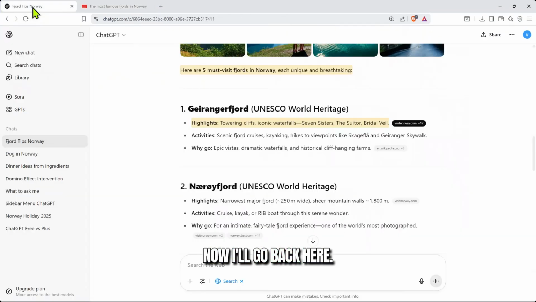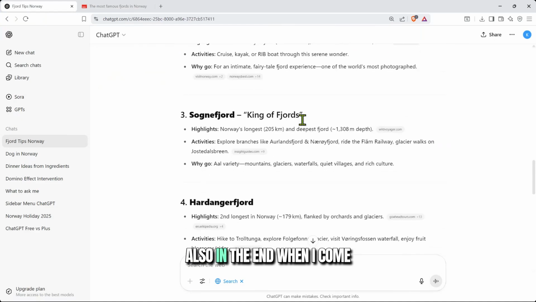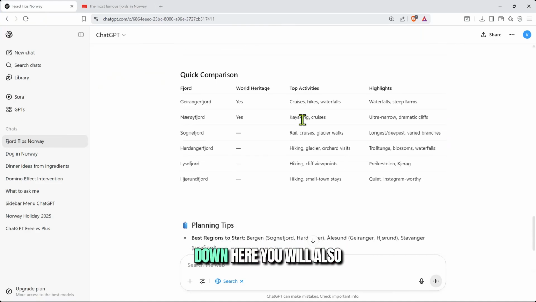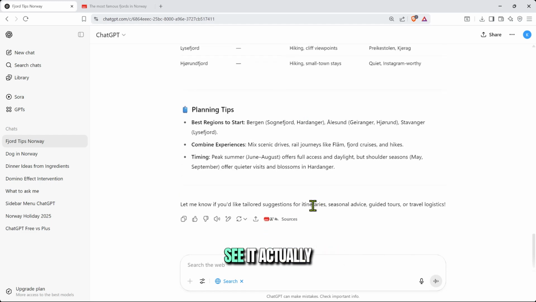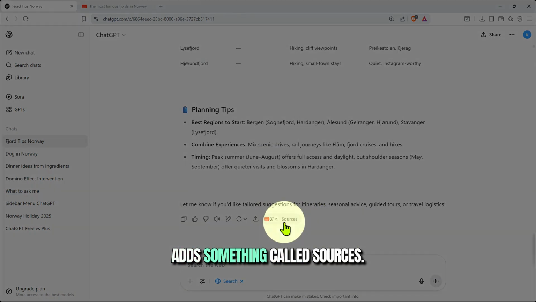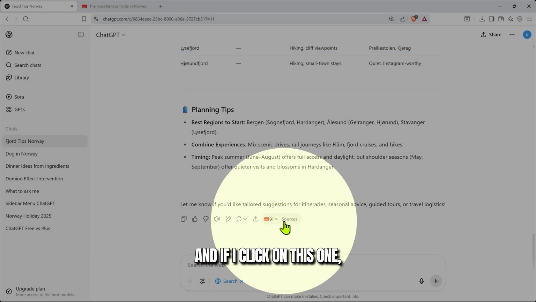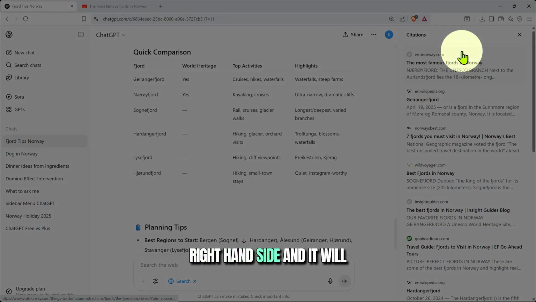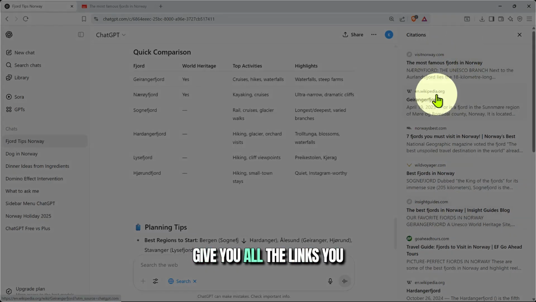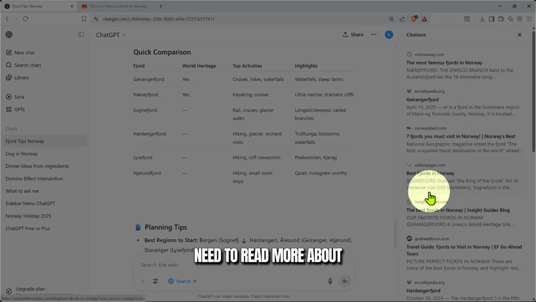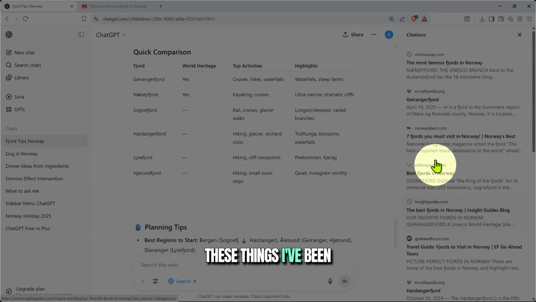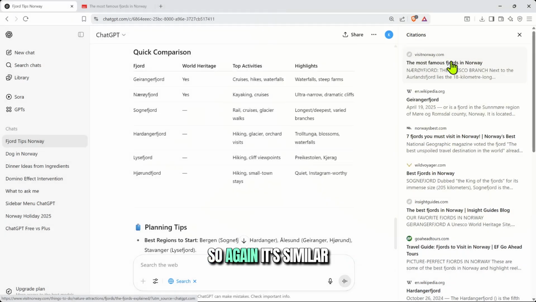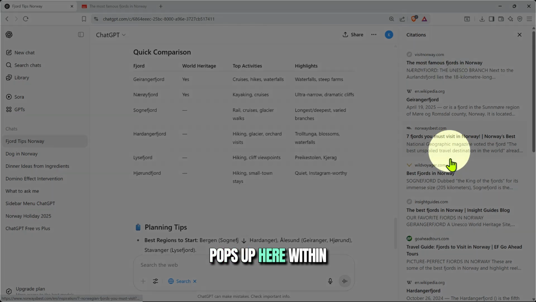Now I'll go back here. Also, in the end, when I come down here, you will also see it actually adds something called sources. And if I click on this one, it will open a window on the right hand side and it will give you all the links you need to read more about these things I've been asking about. So again, it's similar to what you might be used to from Google search. However, it actually pops up here